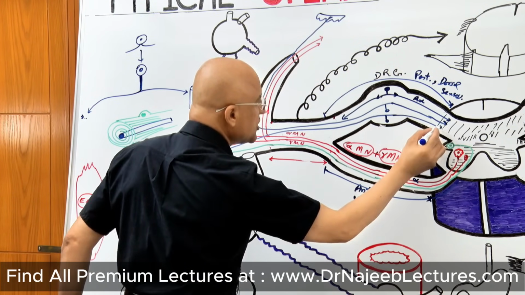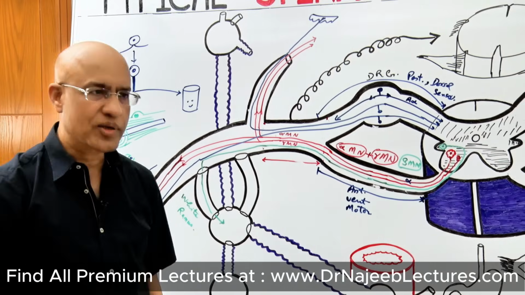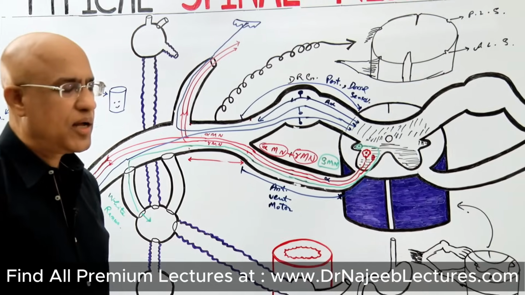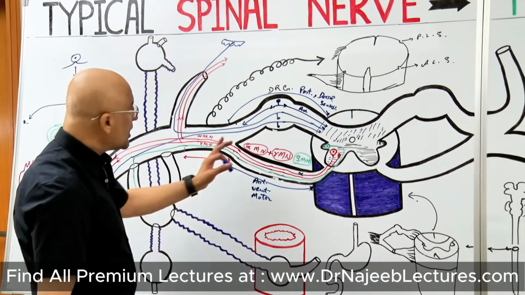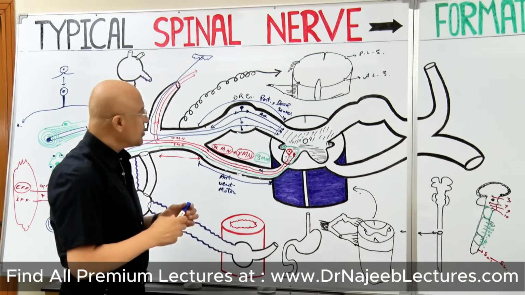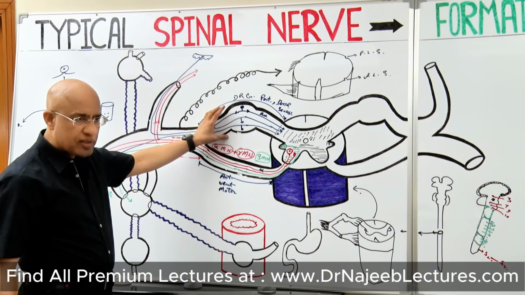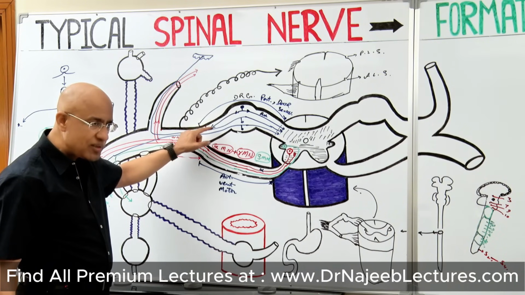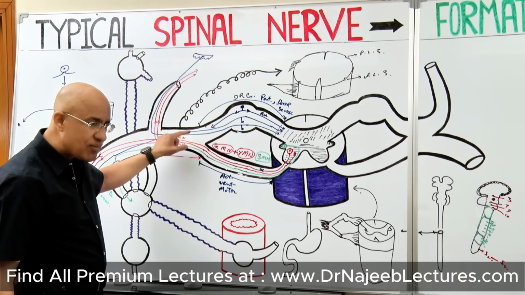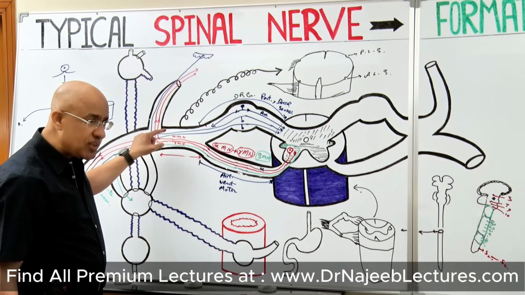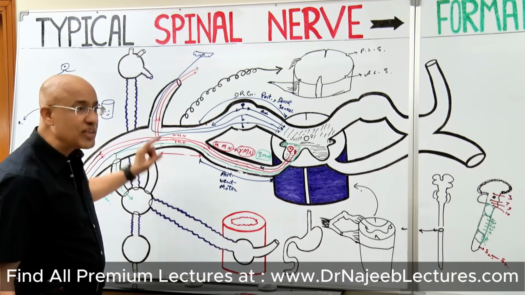Exactly what happens to them in the spinal cord, I will not discuss now, because I've discussed it in detail in the neuroanatomy lectures. But what I really want to highlight is that the purpose of the dorsal root is to connect the sensory fibers, which are taking sensory information from the sensory receptors present in one sclerotome,